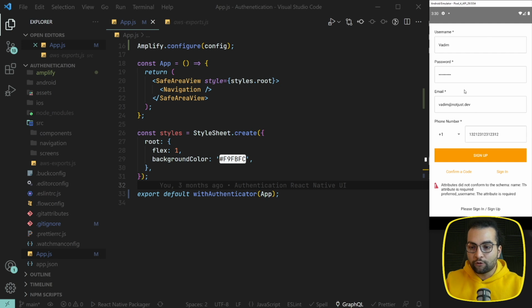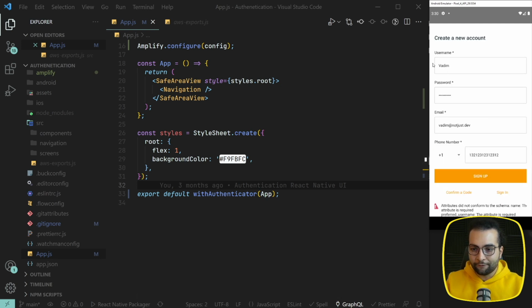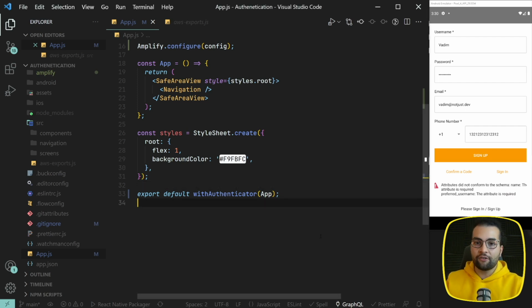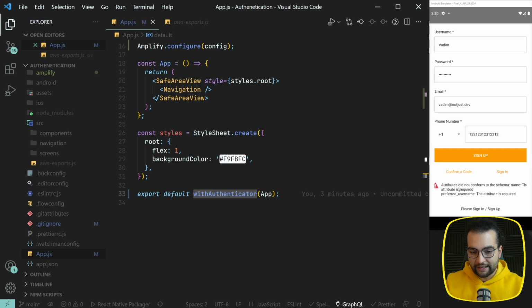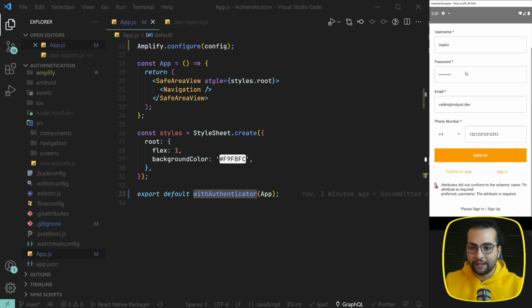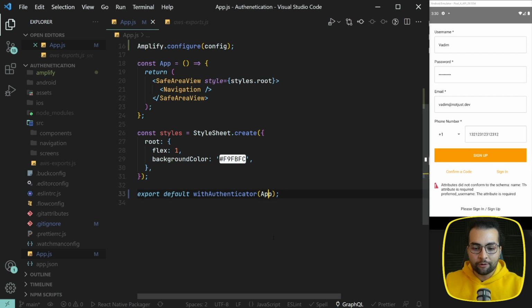The thing is that this form did not automatically include those fields for the full name, and only for the full name, because email is here. In case you do not have any additional fields, this withAuthenticator should work by default and you should not see this error. But what happens if we need these additional fields? Well, we have an option to adjust exactly what fields to show in this form by providing some configuration to